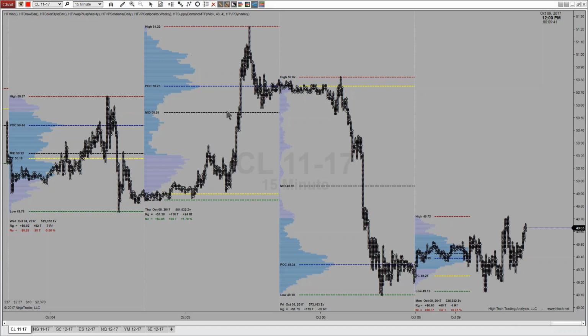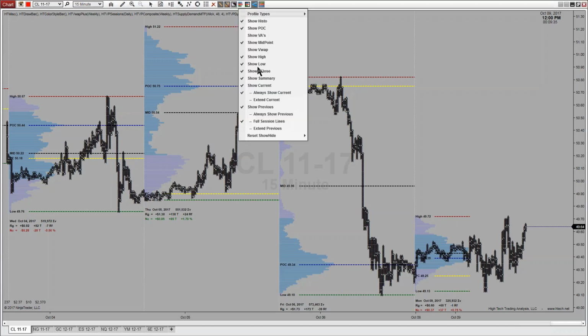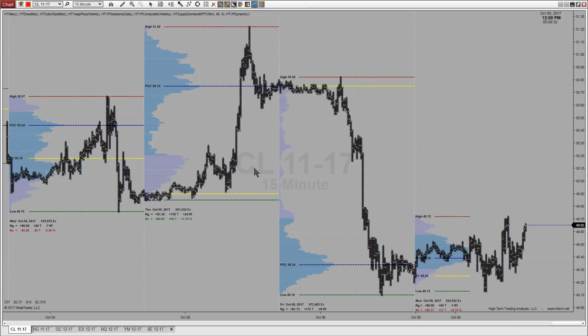So now that we have this, let's just for now turn the midpoint off. Got our high, our low, our close, our POC, right? And then we're showing a histogram of the volume. So now we need to graphically represent that. And how we do this is we start